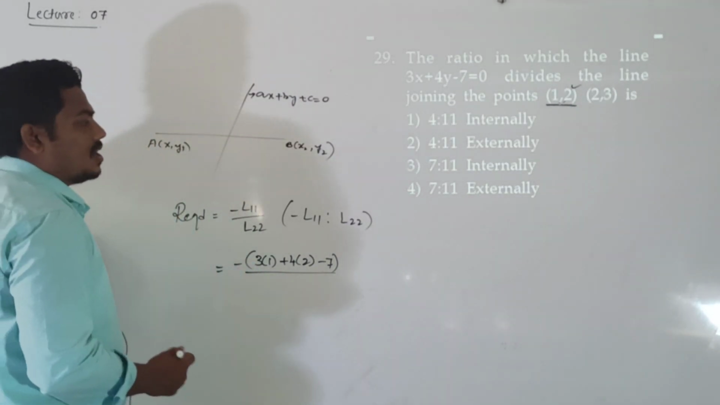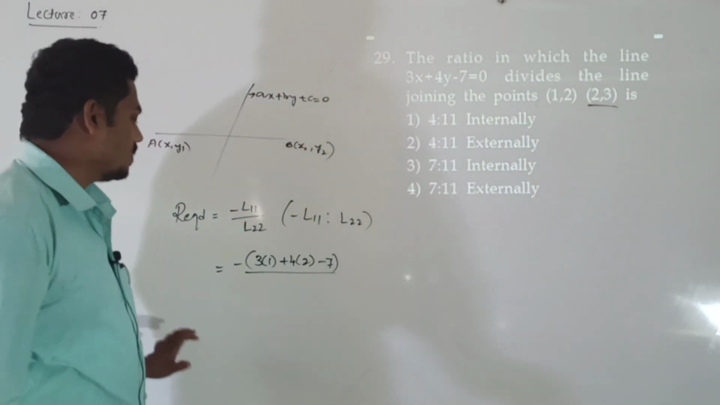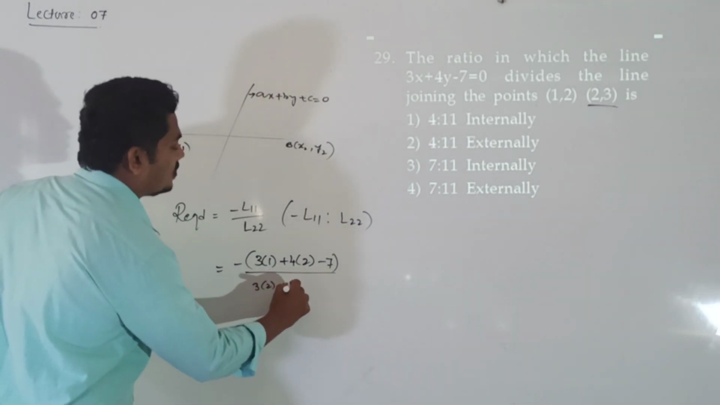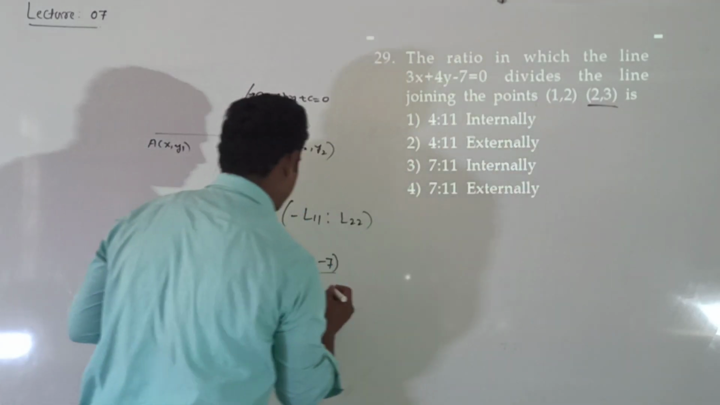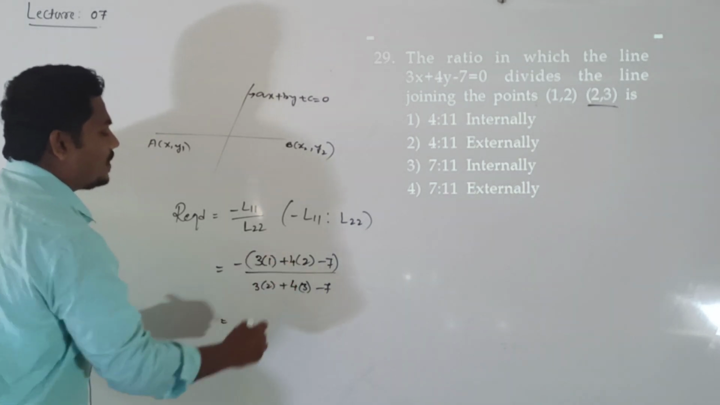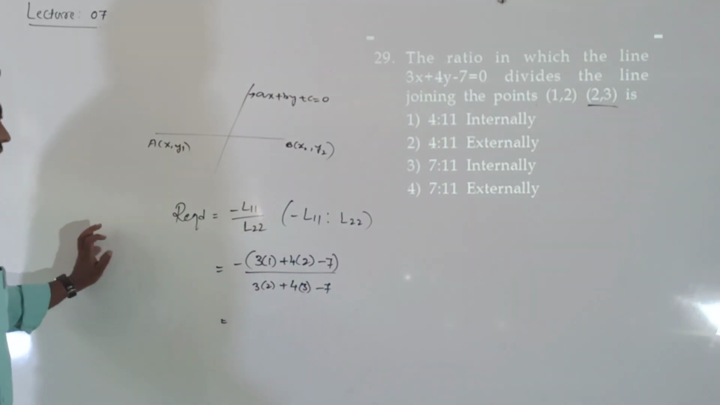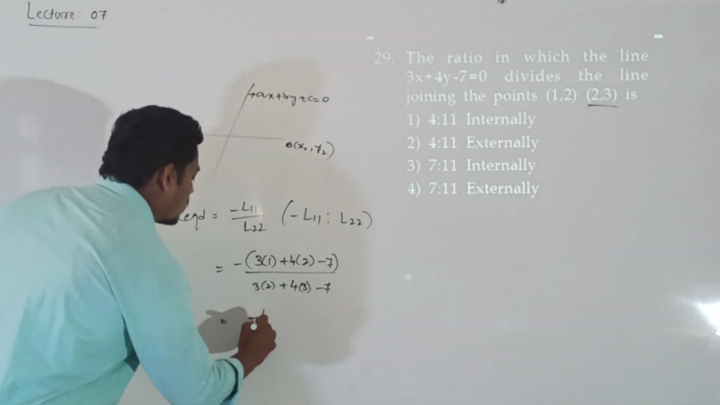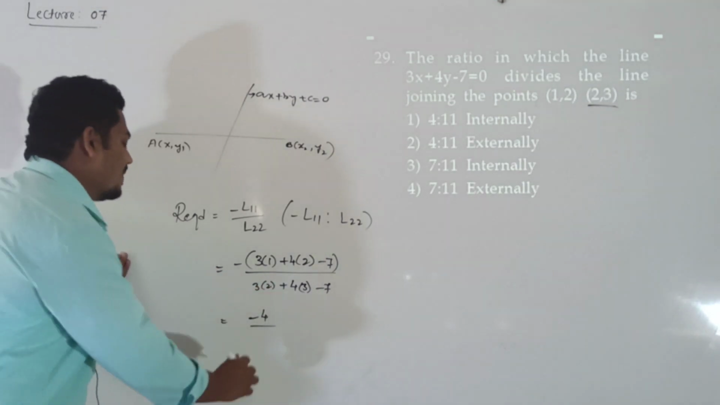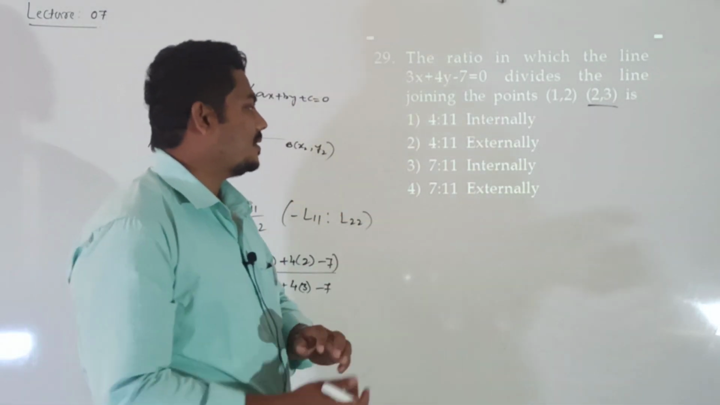Divided by, put the second point in the given line. It gives L22, that is 3 into 2 plus 4 into y coordinate 3 minus 7. Just simplify: 3 plus 8 minus 7 means minus 4, divided by 6 plus 12, that is 18, 18 minus 7 is 11, so minus 4 is to 11. This option is not given,